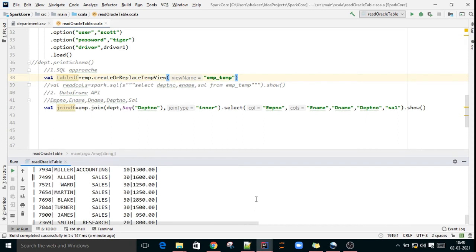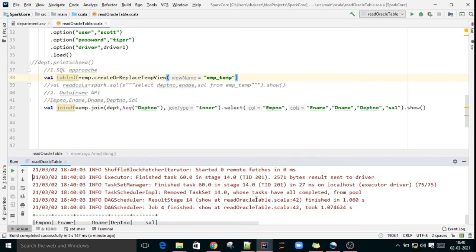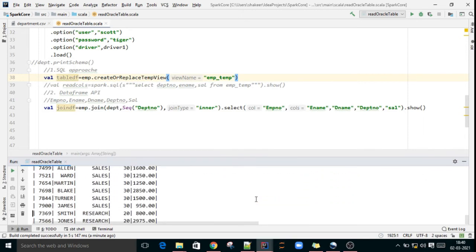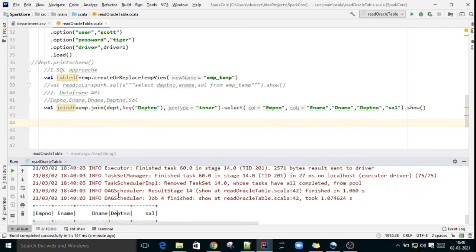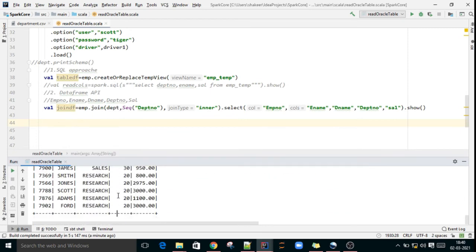So how many records totally? 14 records, right? Because in equijoin, inner join equals equijoin, based on the condition, matching records from both tables it will pull. So here 30, 10, 20, three departments came in total. So 40 department is there in the department table. Why is it not fetching? For 40, there is no data in the employee table. So this is an inner join.